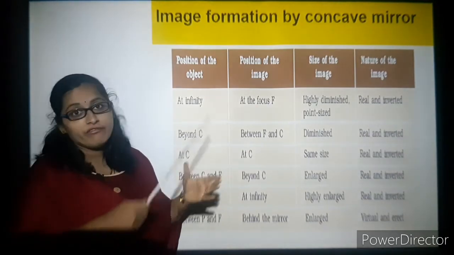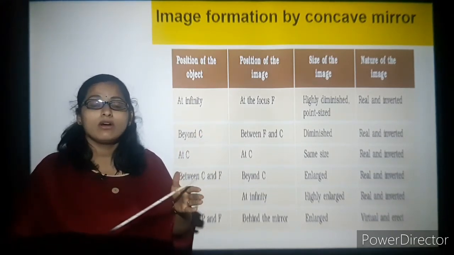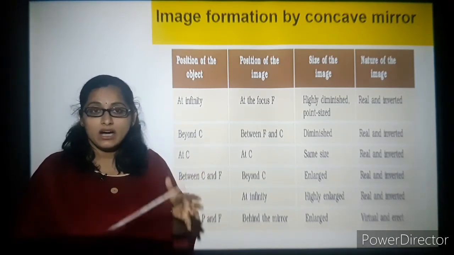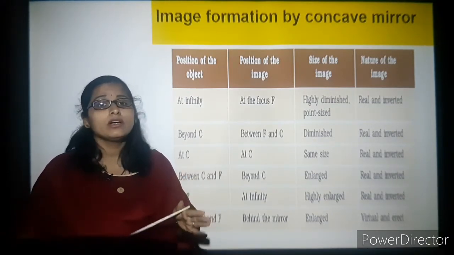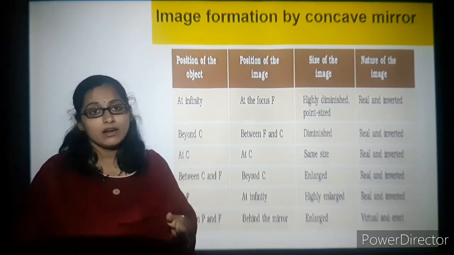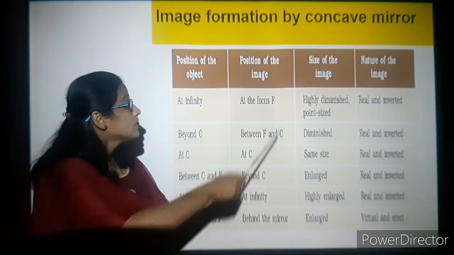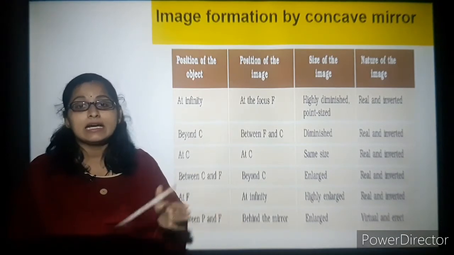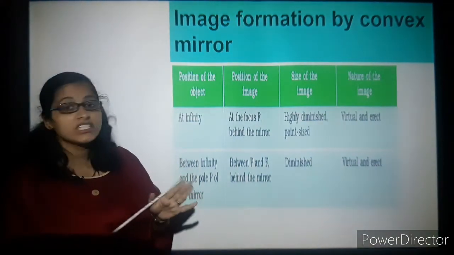So you can see concave. Concave has the word cave in it. Imagine a cave: what comes to your mind is that it is dark, and you might also think that there is some wild animal in it. So it is a negative thought. Wherever cave comes, you need to put the sign convention as negative or minus. Here the size of the image will be enlarged and the nature of the image is virtual and erect.